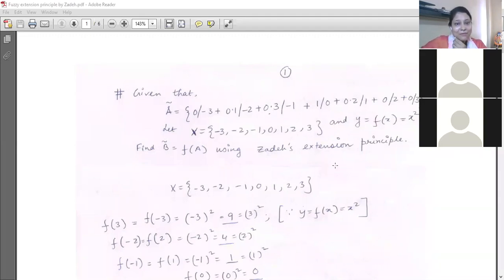So it is understood what Zadeh has suggested for us for a particular problem where we have only one fuzzy set. I am saying this again and again because it has some relevance to this particular term, that we have only one fuzzy set in this problem. Only one fuzzy set, that means only A, not two fuzzy sets A1, A2, A3 like that.